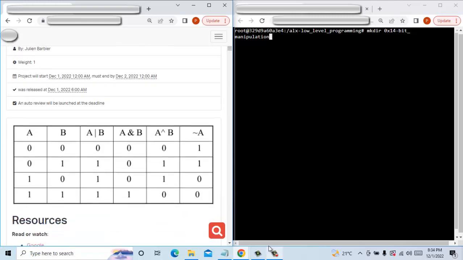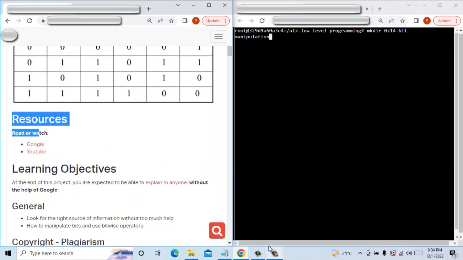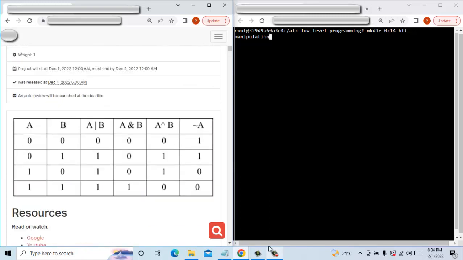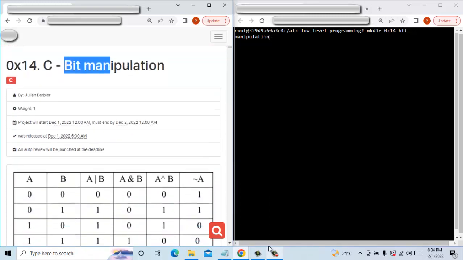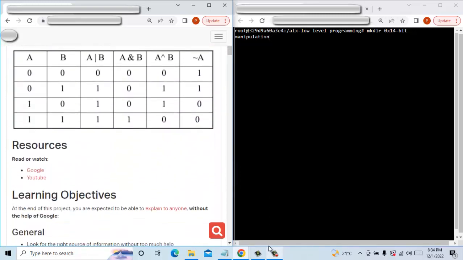Okay, first of all, make sure you go through the resources made available to you and you would understand how bit manipulation works. Okay, now the next thing you do is